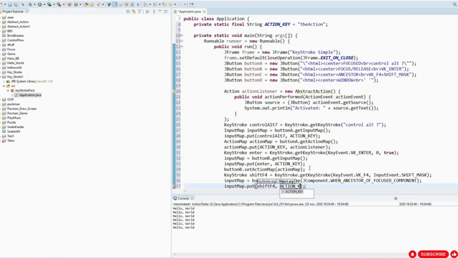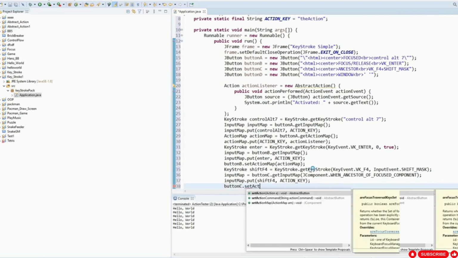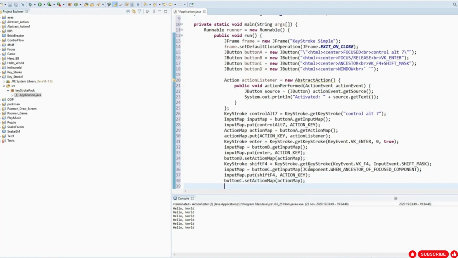And we're almost done. We just need to do it for two more buttons, which are C and D. So let's perform the code for the C. So button C dot set action map, and in the brackets action map, and then let's write keystroke space equals keystroke dot get keystroke, and in the brackets we're going to write actually nothing, just this. Okay,